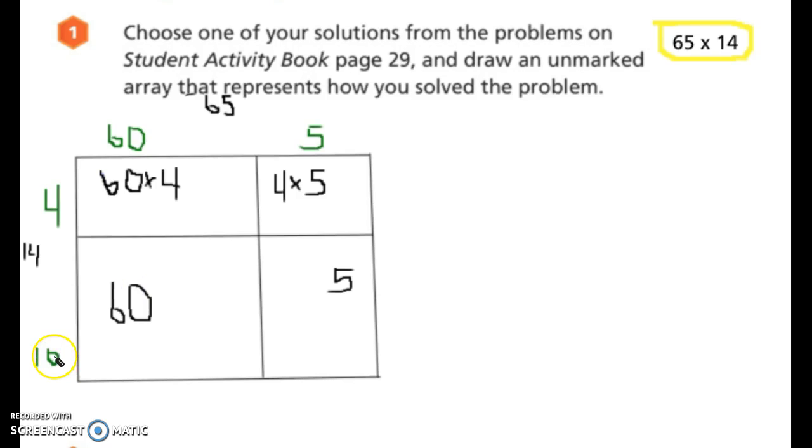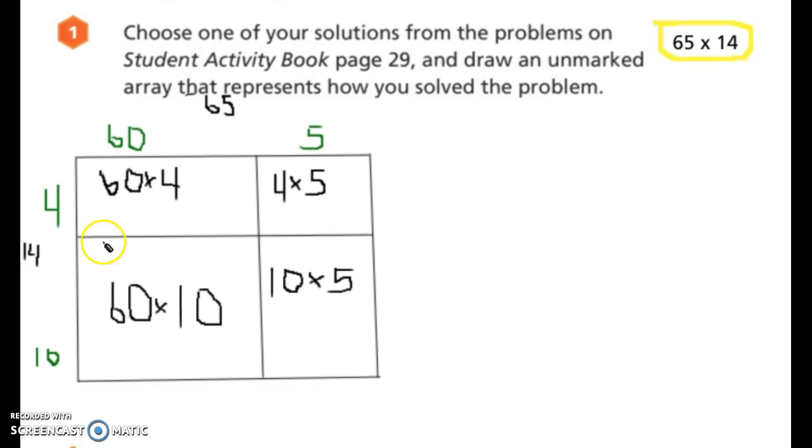Now, looks like 10 is the row down here, so let's multiply each of these by 10. Okay, now that we've set up our unmarked array, let's work to solve these simpler